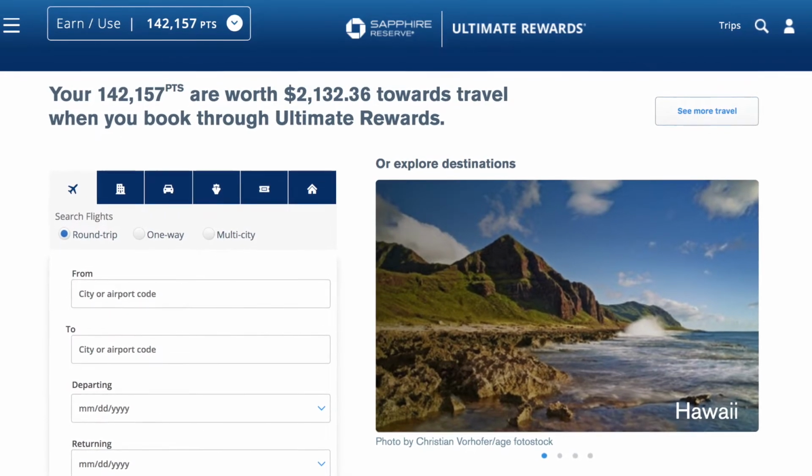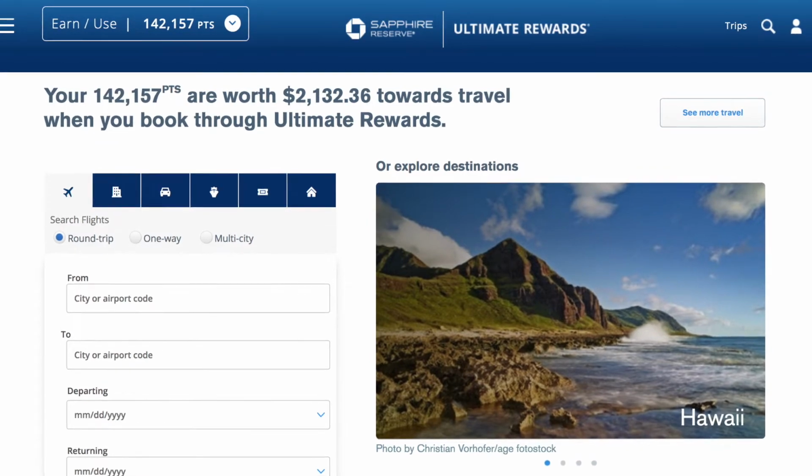But the number one benefit to this card by far is the fact that you get a 50% boost on all the rewards points that you earn on Chase cards if you book through the Chase Sapphire Reserve travel portal. So for example, if you have 50,000 bonus points that you could use towards travel, it would ordinarily be worth $500. But if you book through the portal, it will be worth $750. That's a 50% increase,